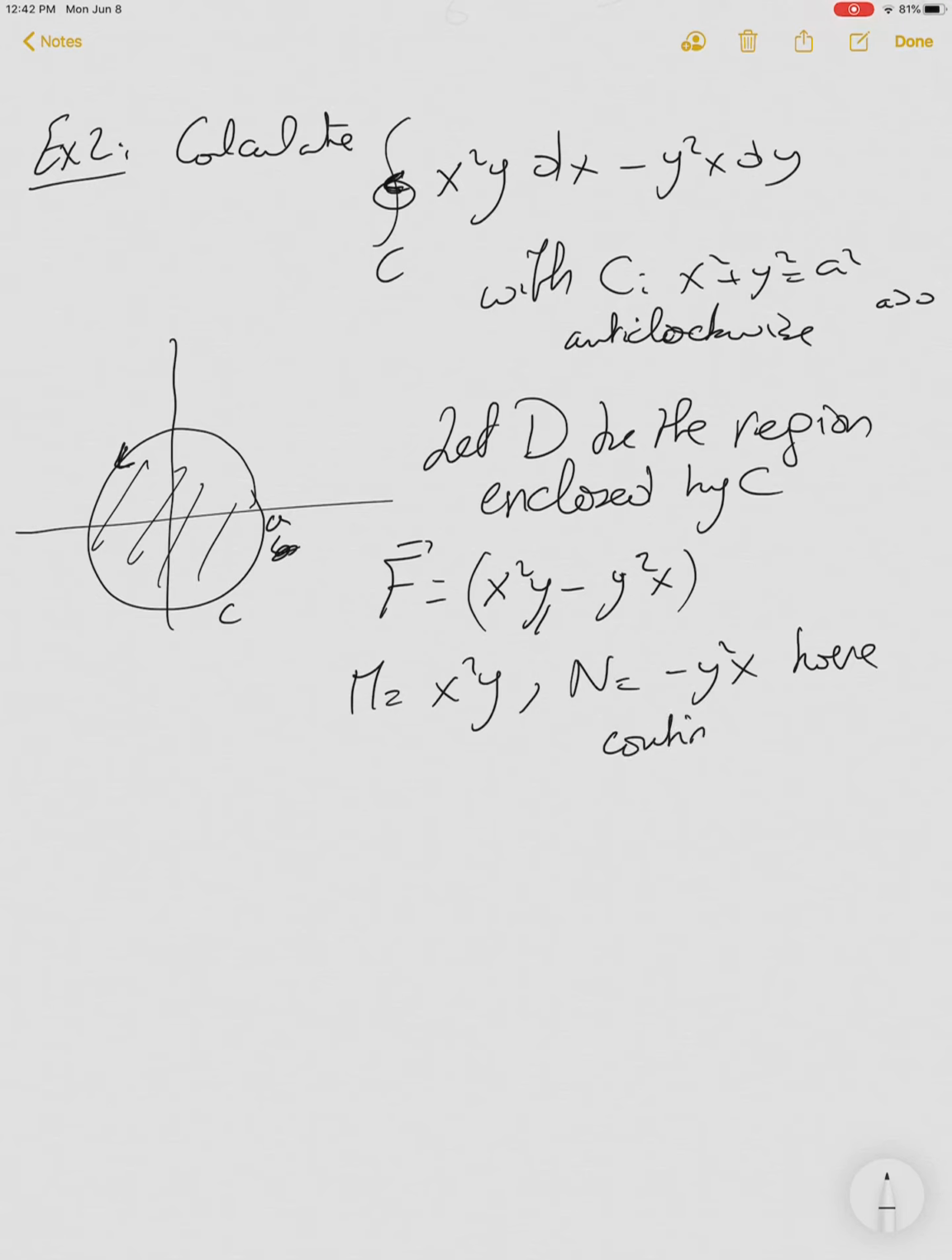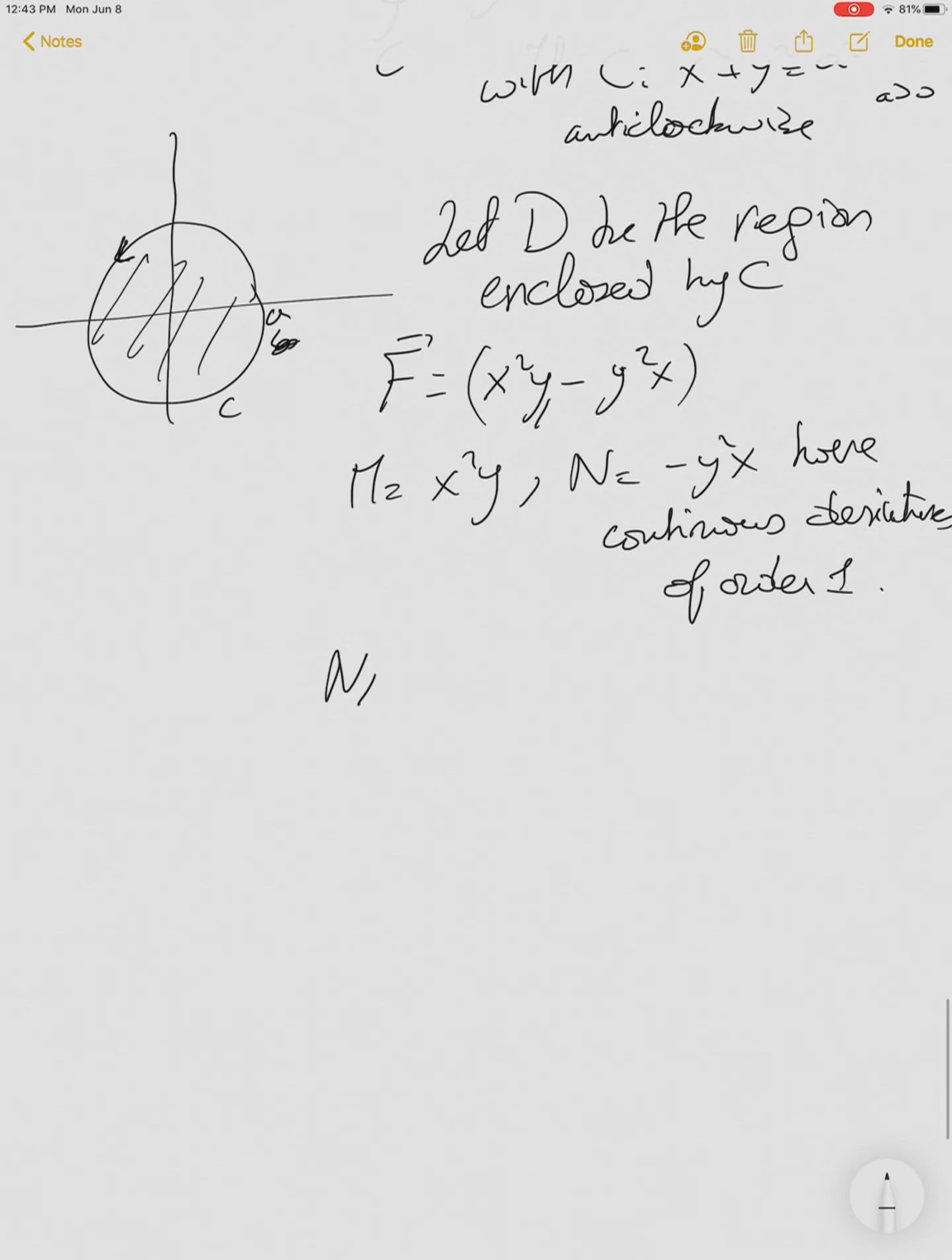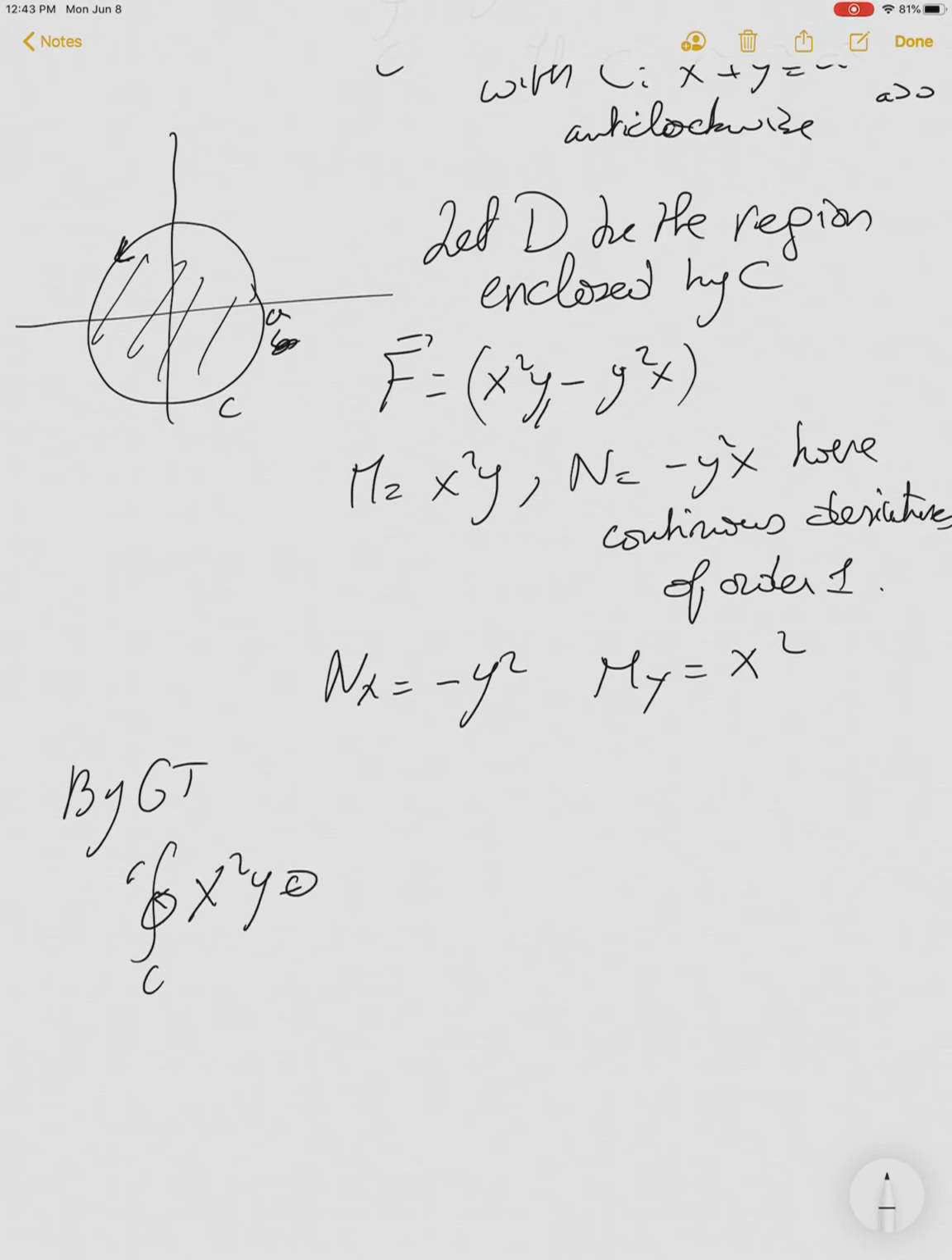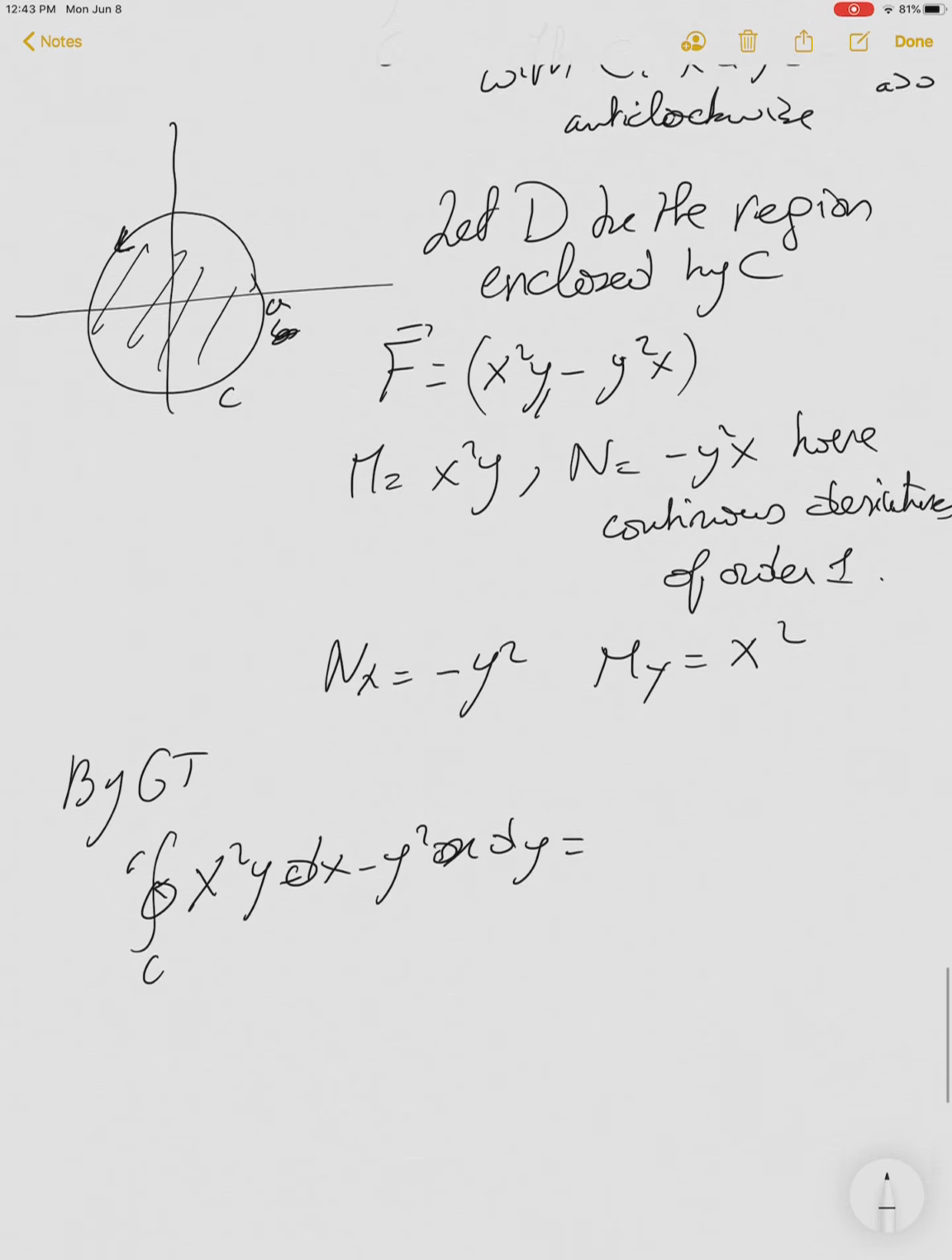They both have continuous derivatives of order 1 everywhere. Yes. So what is nx? It is minus y squared, and what is my? It's equal to x squared. Then by Green's theorem, the integral over c of x squared y dx minus y squared x dy